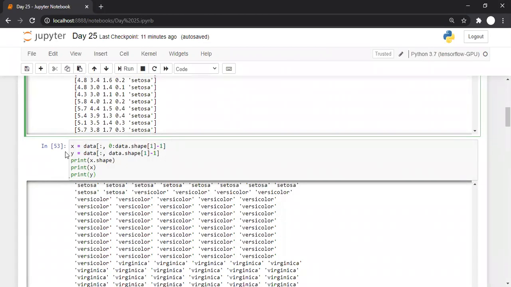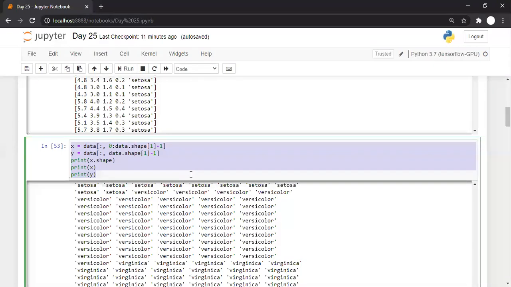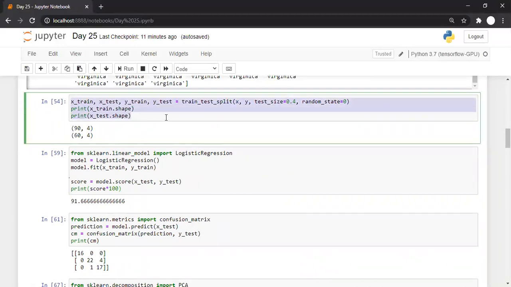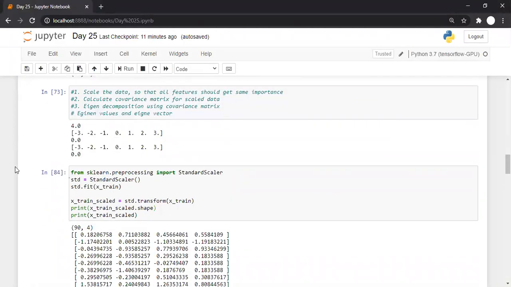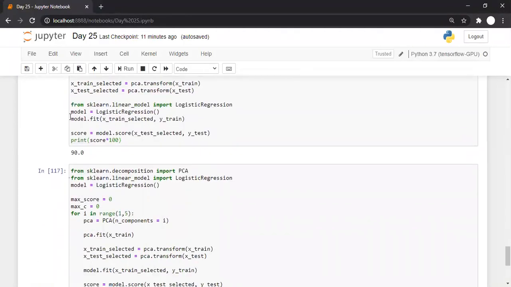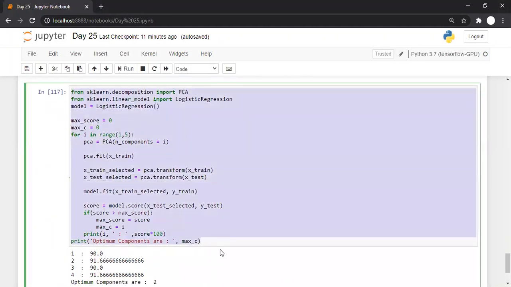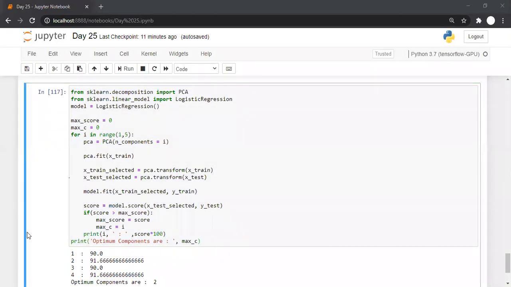After this, segregating the X and Y part. After that, training and testing split. And finally, calculating the principal components using training and testing. And how can you do it in a for loop also? So any doubt class till this point?